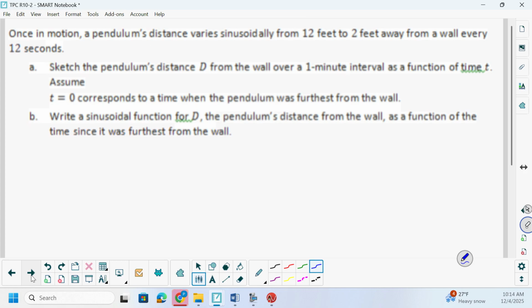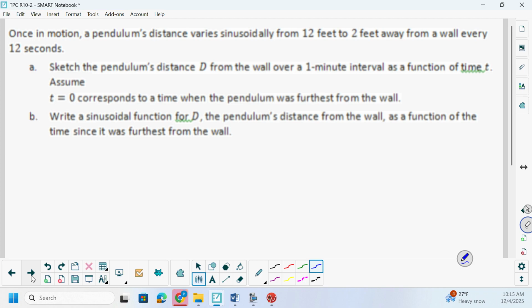All right, one last question. We're going to look at this video. We'll look at a word problem. So a pendulum, so think like a grandfather clock, the thing that swings back and forth in a clock, very